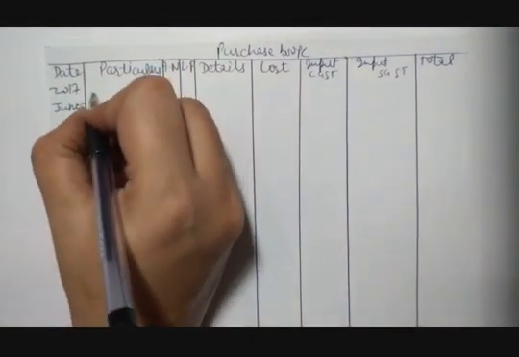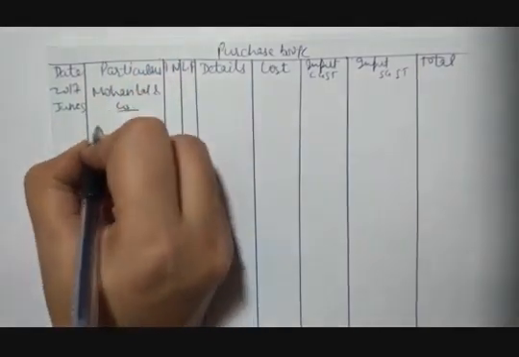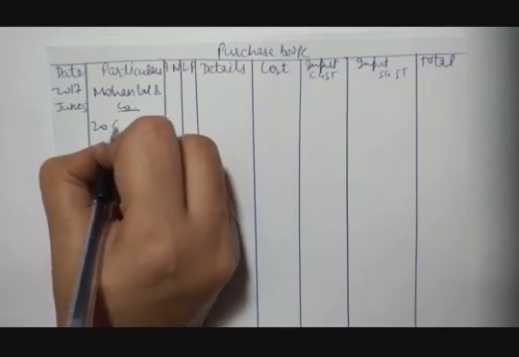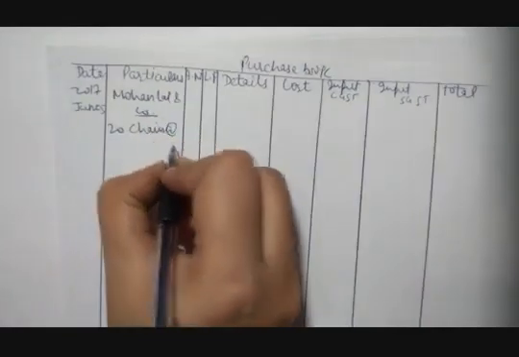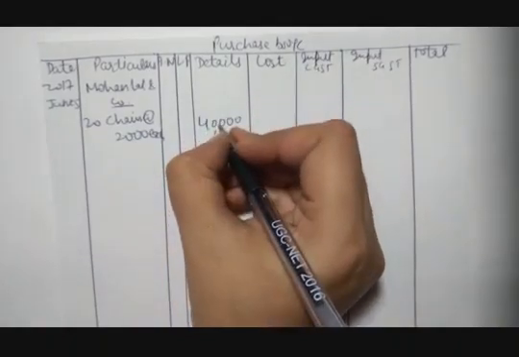Bought goods from Mohan Lal and Company, Kanpur, UP. And this is also the transactions of UP, as we can say that these are the transactions of Messrs. Modern Furniture House, Lucknow. Fine. So, they are asking, first of all, June 5th transaction, Mohan Lal and Company. 20 chairs at the rate of 2000 each. So 20 chairs at the rate of 2000 each become 40,000. So we will write under detail 40,000.